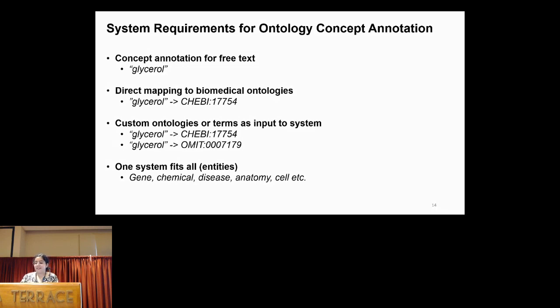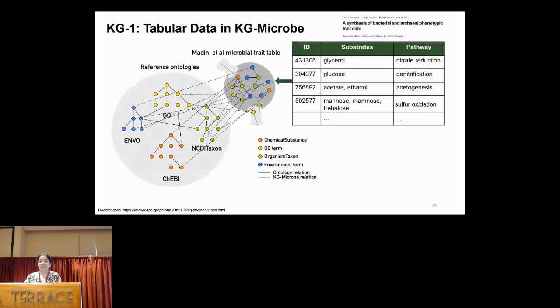Okay. So for our first use case, we looked at tabular data that was included in KG Microbe. This is a knowledge graph from microbiology, biomedicine, and the environment. It uses reference ontologies to link published data with standardized entities and relations. And it also used a named entity recognition system to map concepts from a table with free text to ontologies in the knowledge graph. So this table with substrates and pathways was included into the knowledge graph as well, using